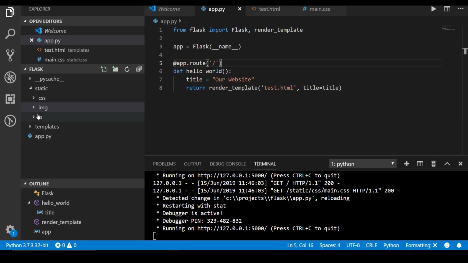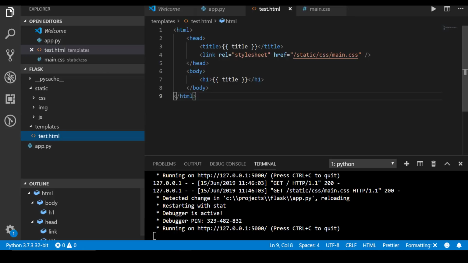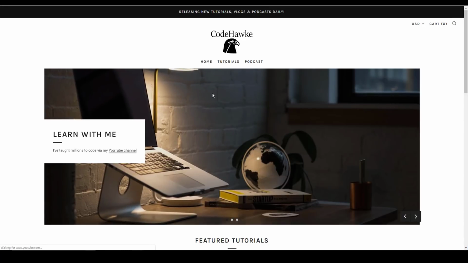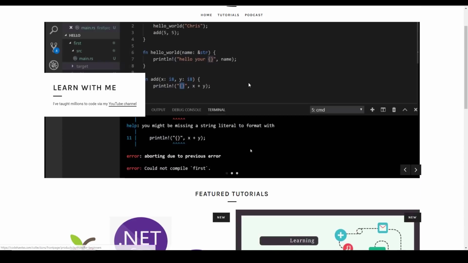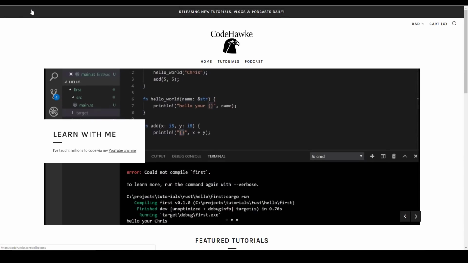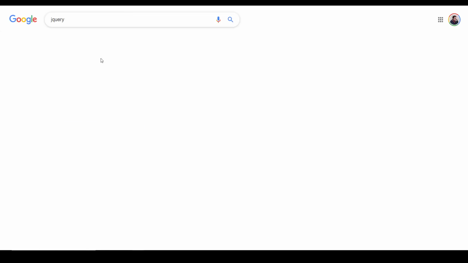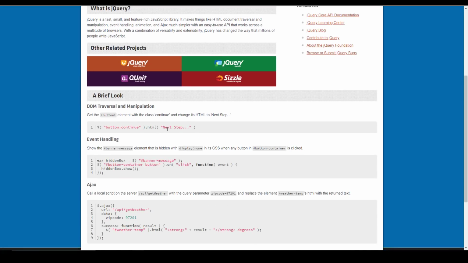All right, guys. So here, since we do have CSS working now, that's great. What we want to do is go ahead and add a basic JavaScript library. And in case you guys are interested, I have a million tutorials out there on everything from how to get started with React and all kinds of other modern day client-side stuff. But in my recommendation, if you're just starting with single page apps, you might as well go with jQuery,